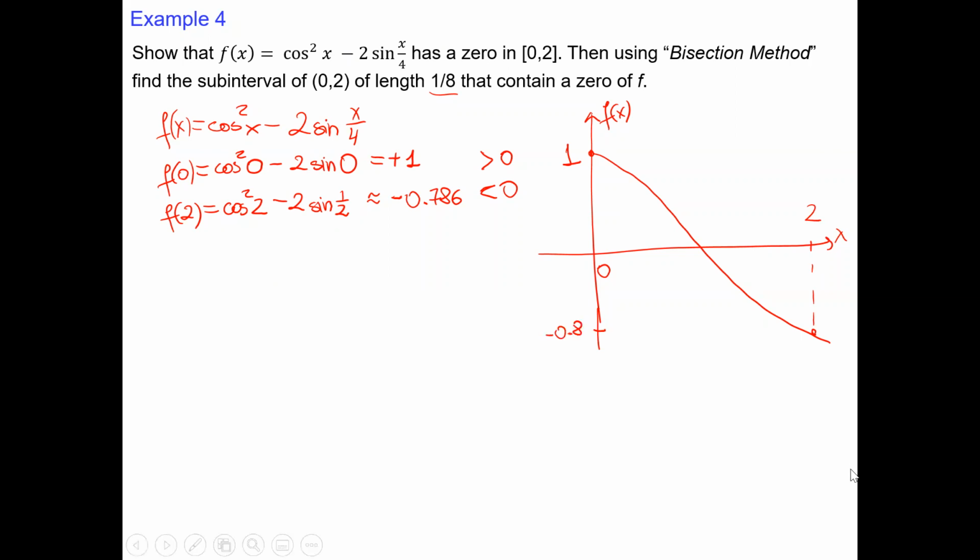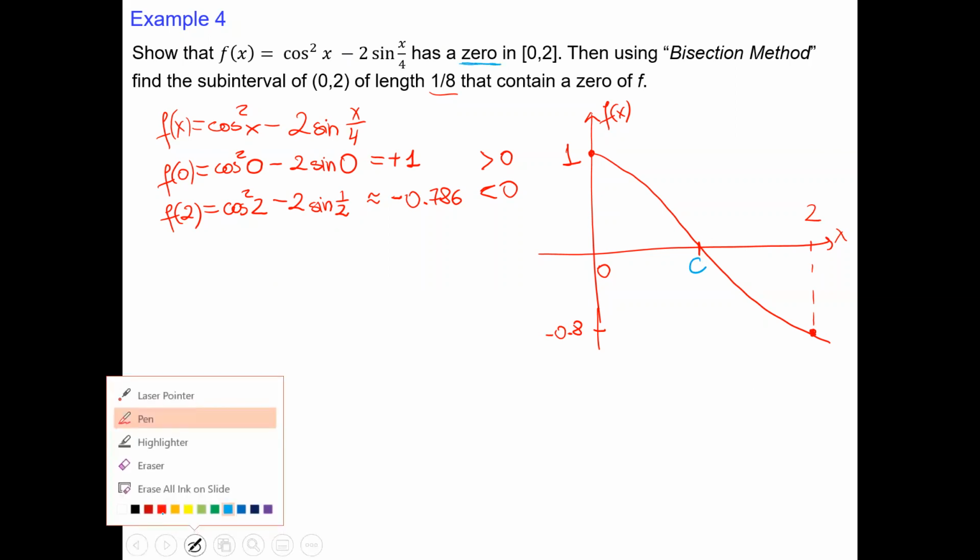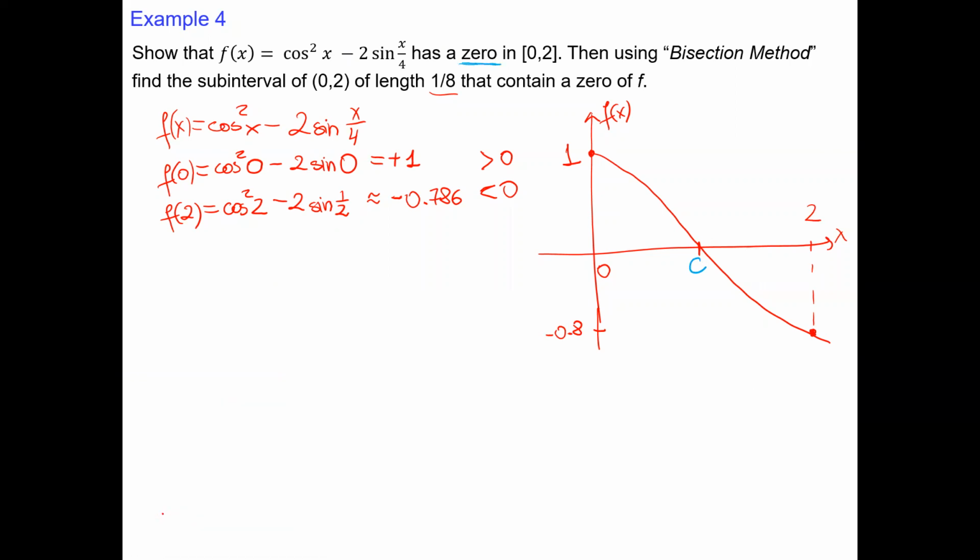Yeah, okay. So one value is below, one value is above. Definitely that x-intercept, that 0 exists. Okay, I can call it C. That will be the 0. That's the 0. X equals C. But now maybe the interval between 0 and 2 is too